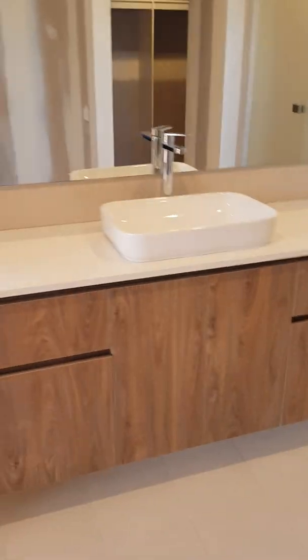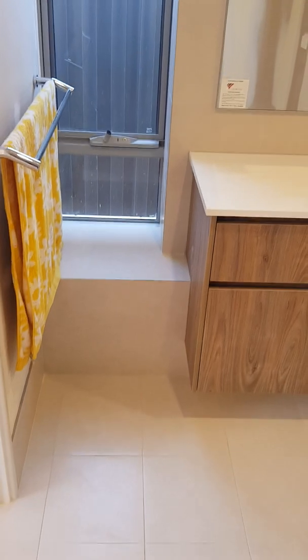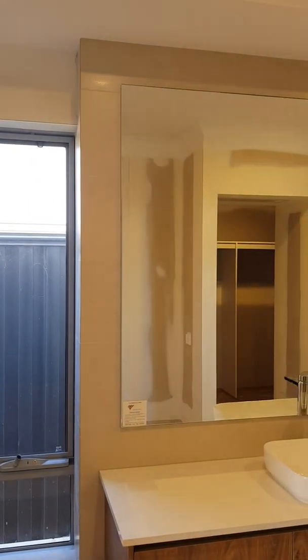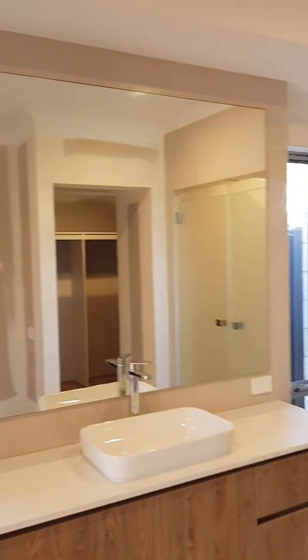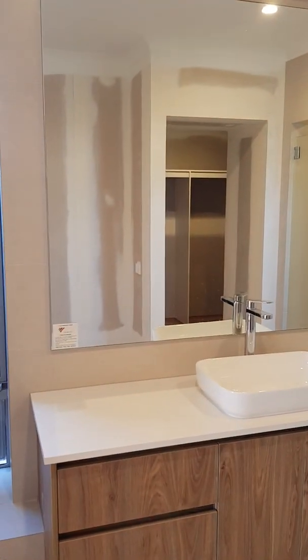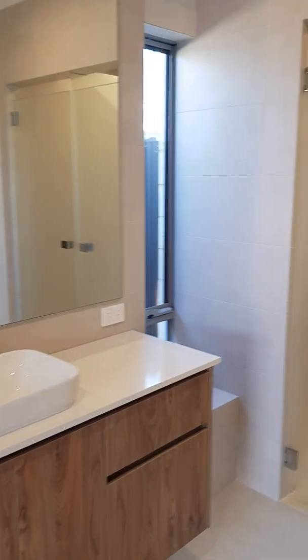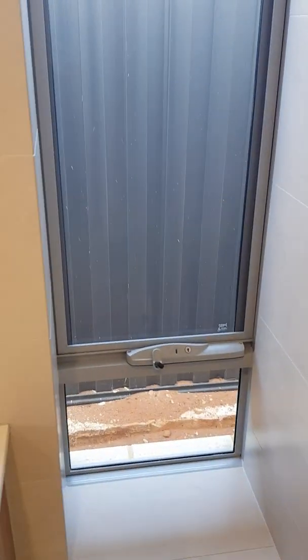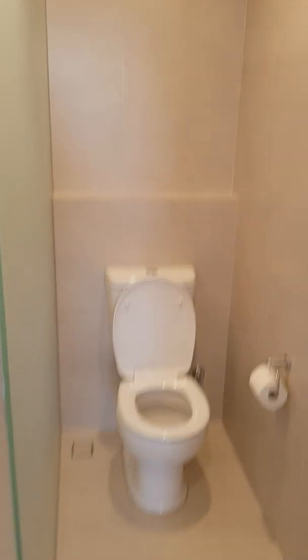And we have a rectified tile little ledge here as well going up. And then you have this section where the mirror is all tiled as well. So it's a pretty big mirror, which is great. And then you have these little winders then which go out there, so you plant all that little section out there. So this here is the toilet,